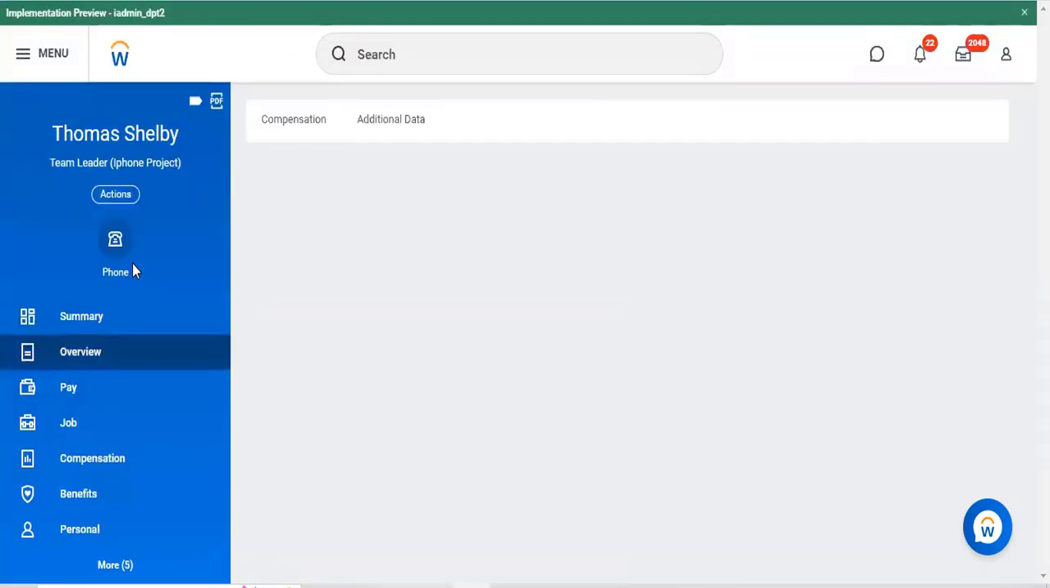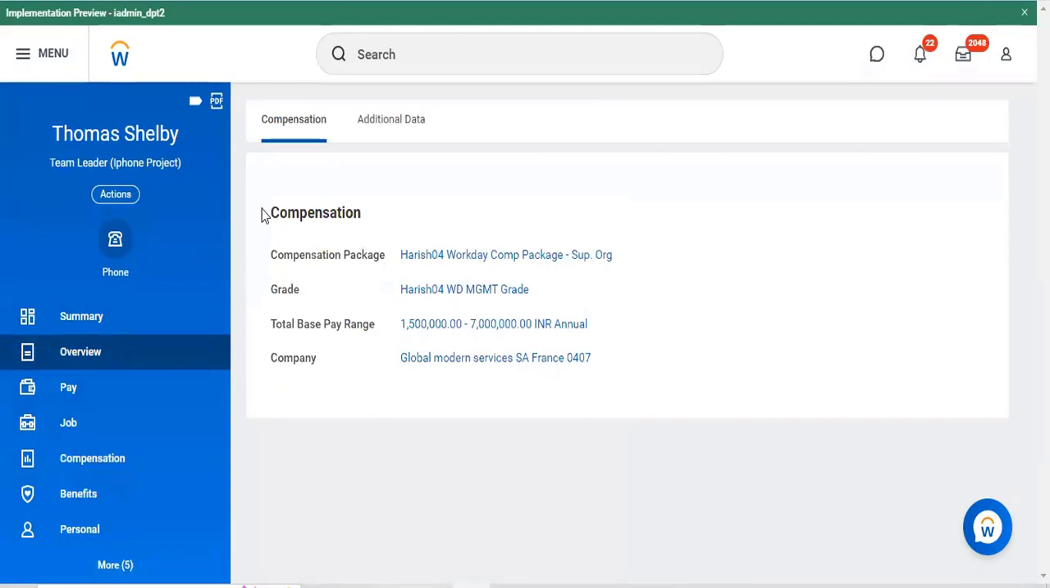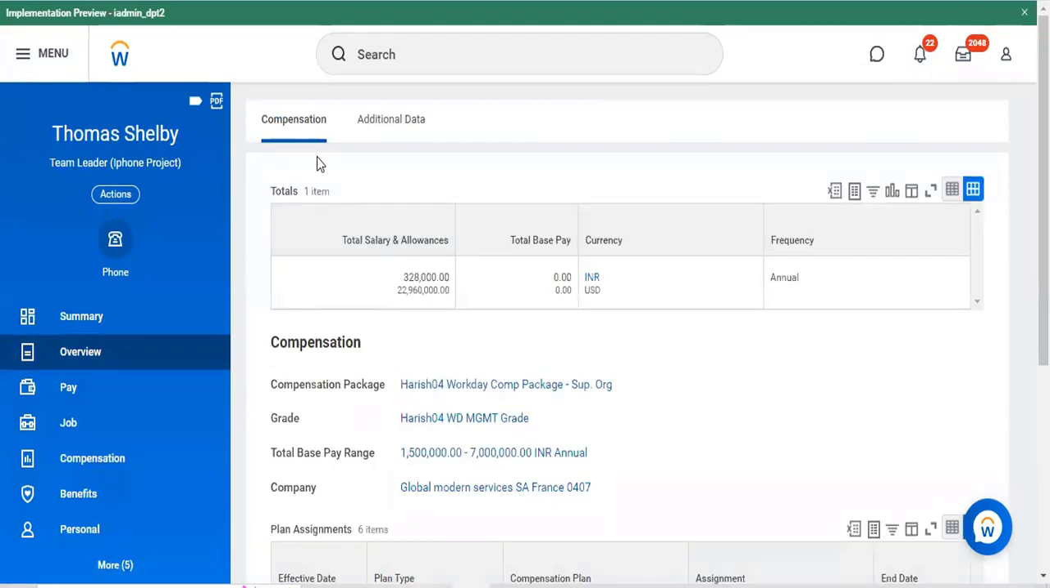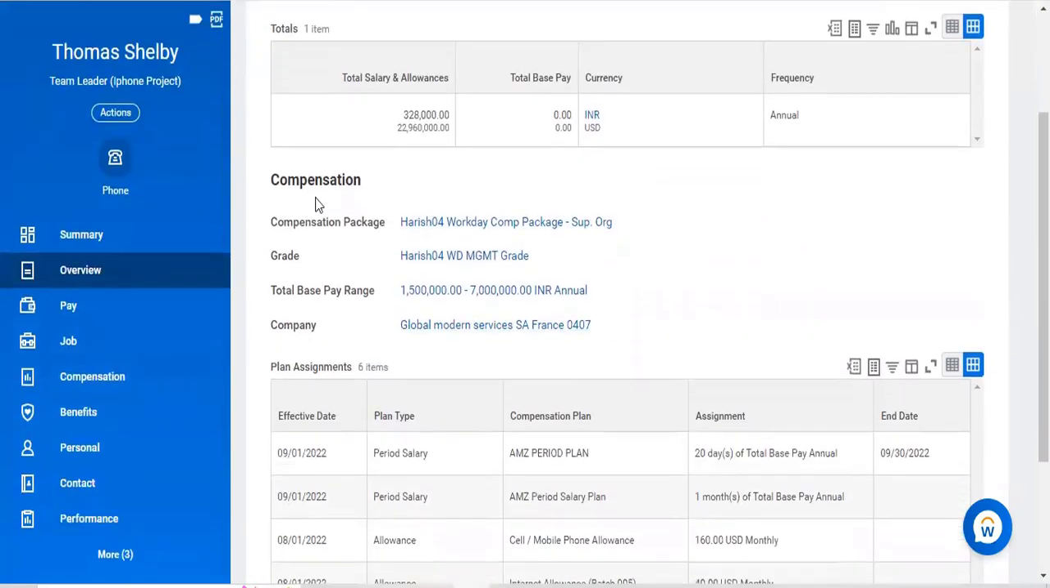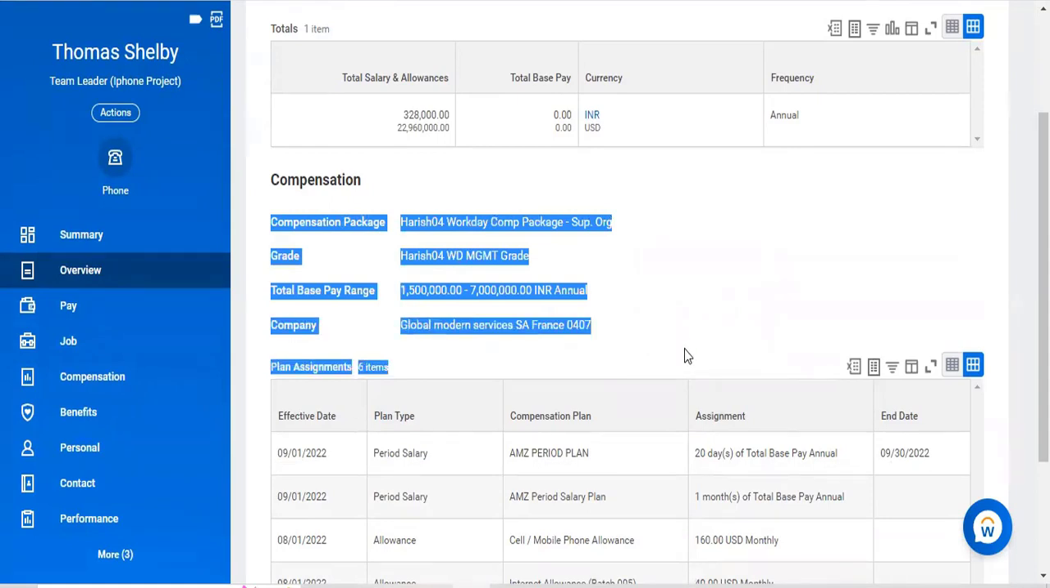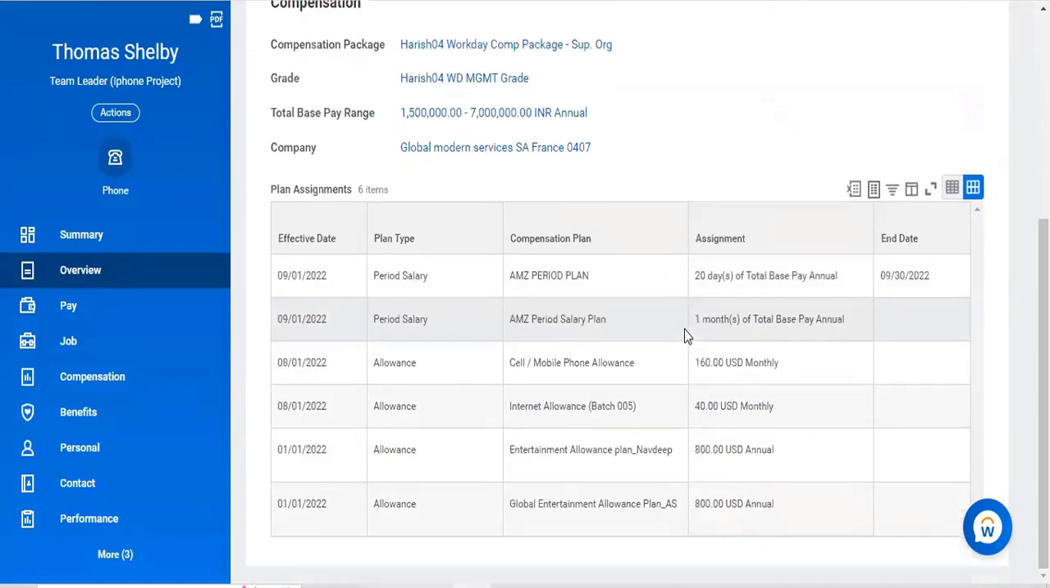Tap on the overview. You can identify his pay and compensation related details here. He's receiving a compensation per annum of approximately up to 7 lakhs, along with his salary. Below that, you can see what all compensation he is receiving from the organization, and